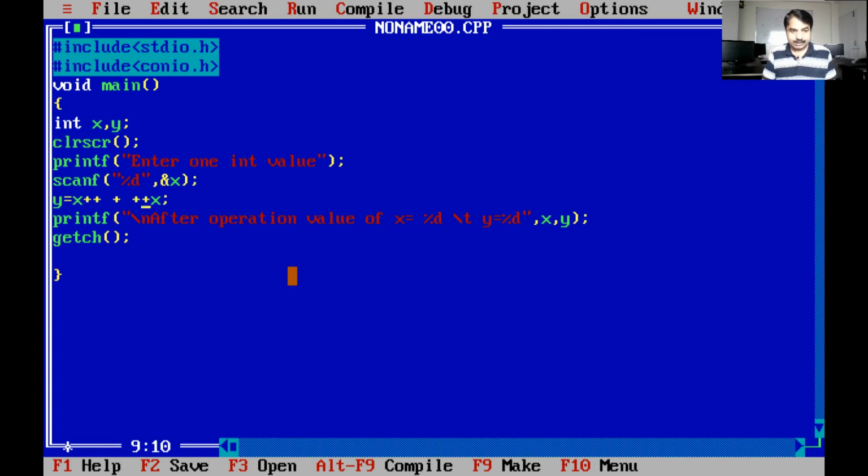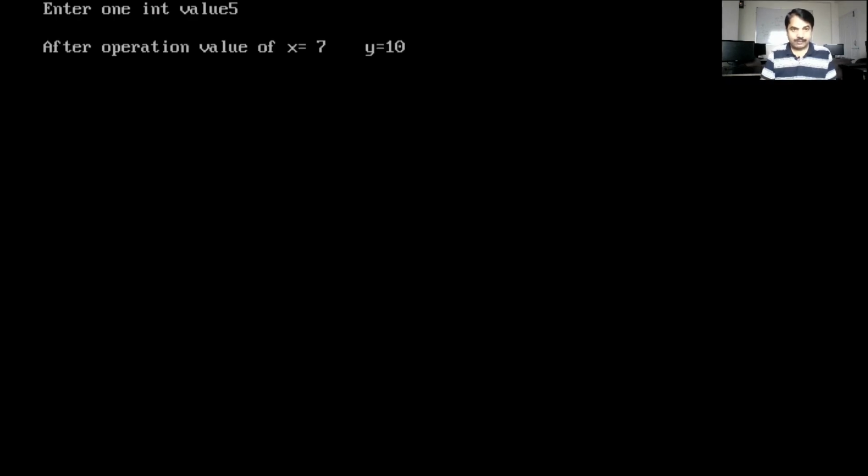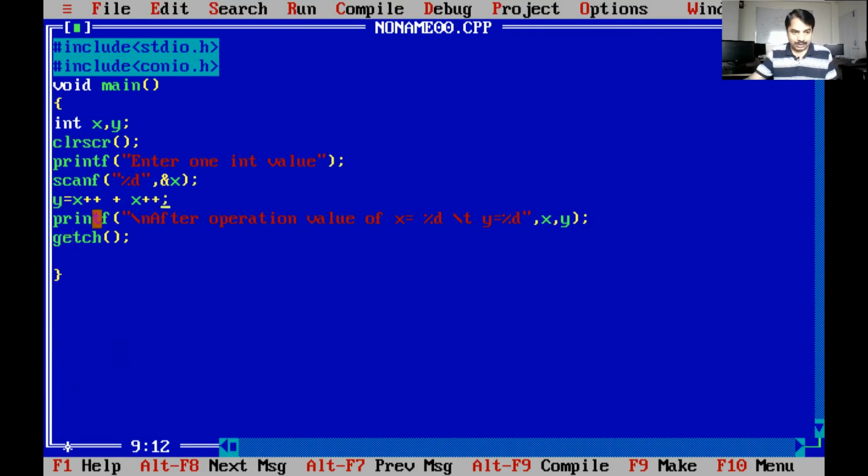What about post? See, x++, then we have again used x++. Since we have used the post operation, what will be the output here? Suppose we put the value 5, so y will be 10, meaning 5 plus 5. After operations, the value of x equal to 7, y equal to 10.